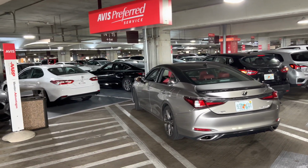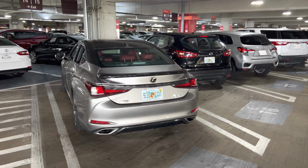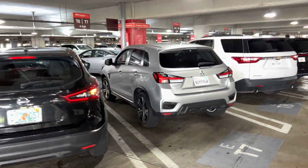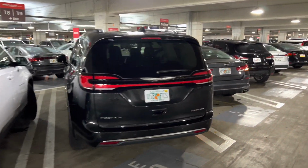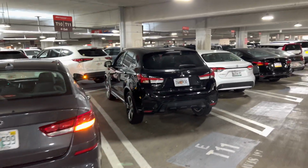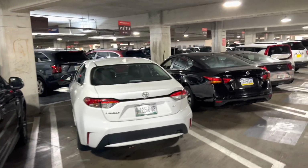Okay, why don't we walk down here and we'll just do a couple aisles here. We've got an ES350 F Sport, Lexus. We've got a Rogue Sport, Outlander Sport, Mitsubishi, Chevy Traverse, Chrysler Pacifica Limited, Kia Optima. Oh boy, this makes my job so much easier with all the names on the back here. Outlander, got a Corolla, got an Altima,